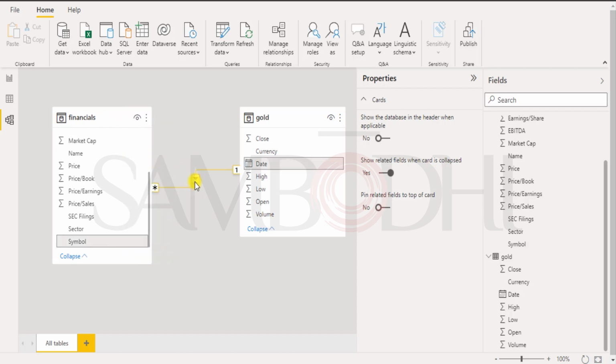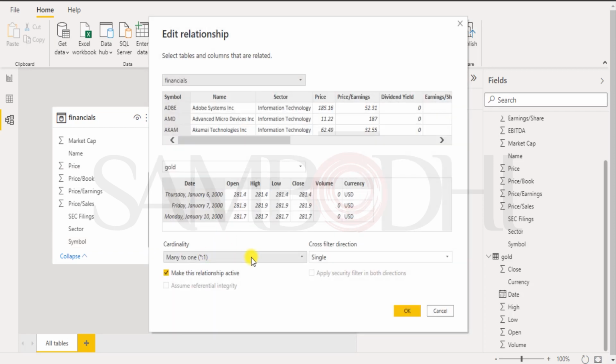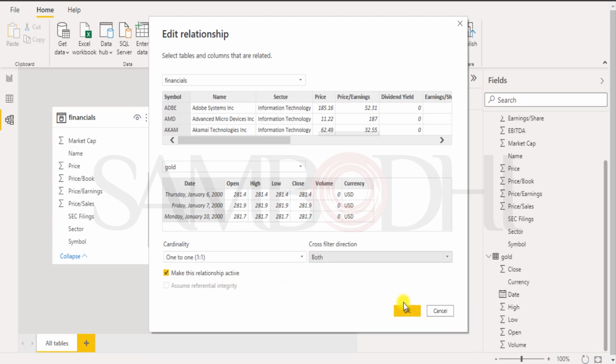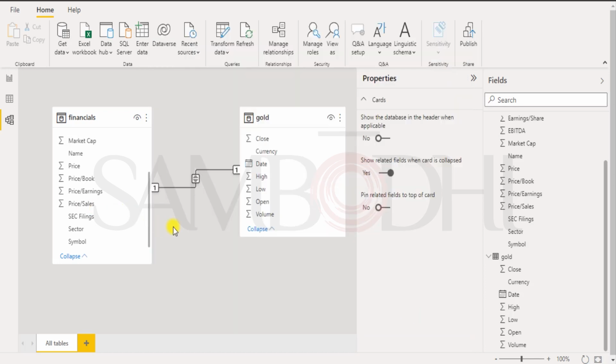And this is 1. Earlier, let's come back here, right click and click properties. Earlier it was 1 to 1 with both sides, and I click OK. So you can see it's 1 to 1. So for 1 to 1 it's 1 here and it's 1 here. So it is a reflection that it is a 1 to 1 relationship. Again, if I come back here and I click properties,